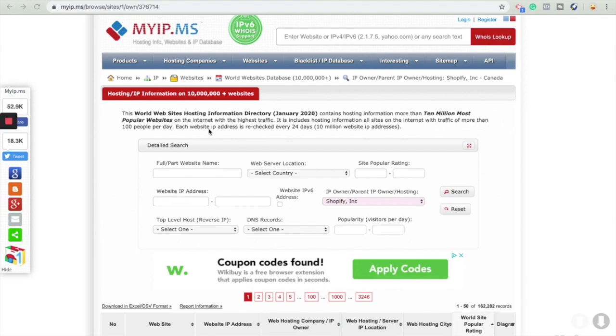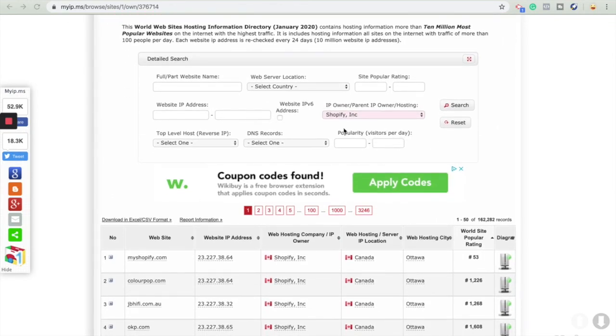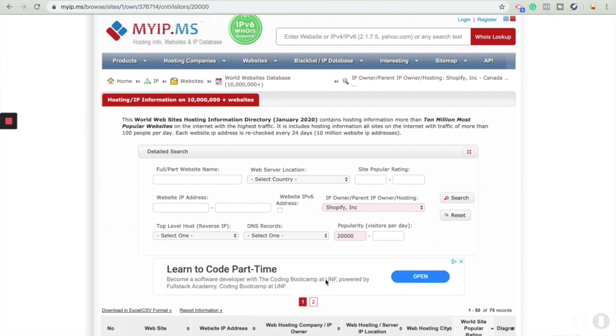The ways that you do so in the outreach process, I'll make a video about that later on. But in the sense of finding a client and doing some due diligence or collecting data to figure out what they have to offer, this is the best way I can show you guys. There's this website here, myip.ms. It's a great website because I've used it to find my ideal clients, and that's how I was able to find my first e-commerce client.